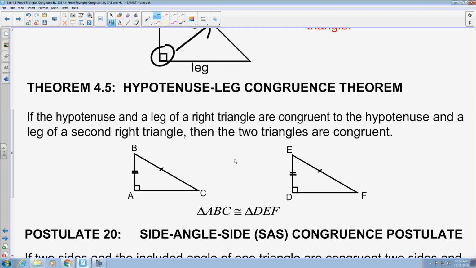So all you have to show is that the hypotenuses are congruent, which is here and here, which in this case is BC and EF, and one of the legs, which in this case is AB and DE,